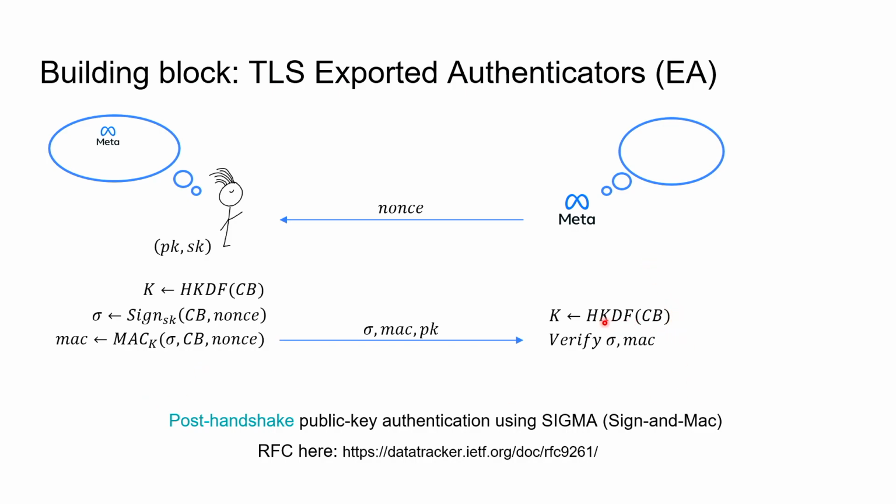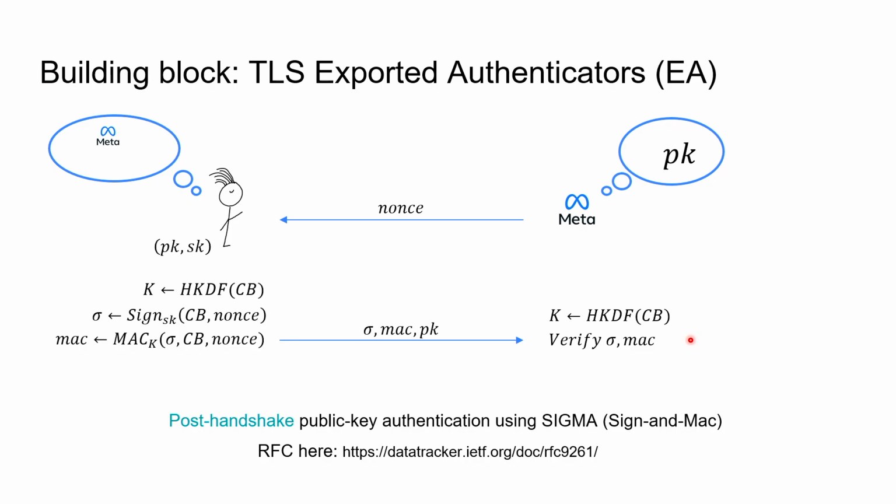The server can derive the same MAC key because he knows the same channel binder, because he's an endpoint of the very same channel. And then he can verify the signature under the public key that was sent, and he can verify the MAC. And this is essentially a proof of knowledge of the secret key belonging to the public key of the other channel endpoint. So if this verification passes, the server kind of adds in his head, okay, I'm talking to somebody who knows the secret key to the public key here, PK.